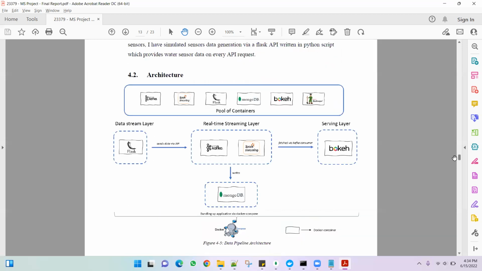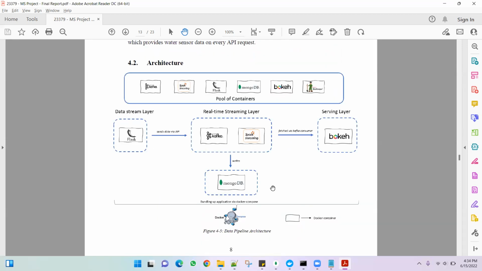So this is the architecture that I have followed. I have a pool of containers where I have first used my data stream layer, and there I've used a Flask container. And I just told you that sensor data is used in the Flask container. The data is generated via API, and that API is then consumed and sent to Kafka via Kafka producer under a topic, and then the Kafka